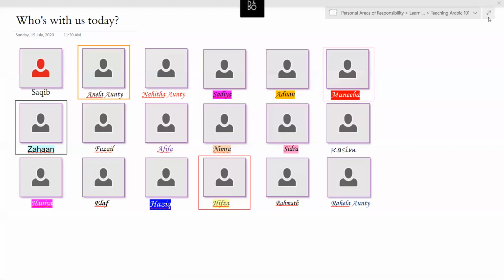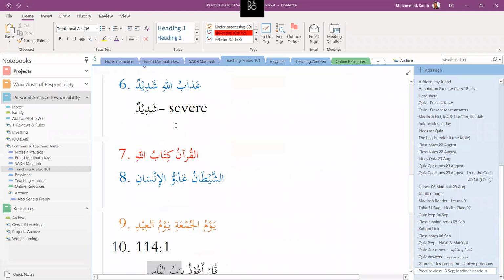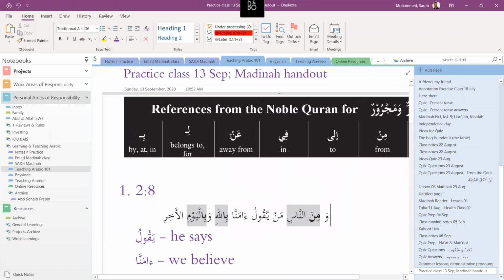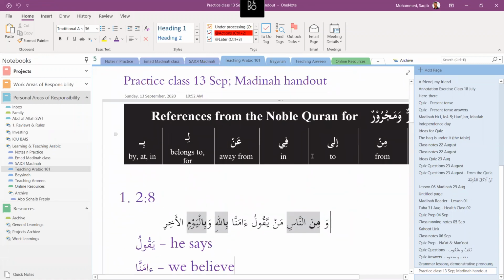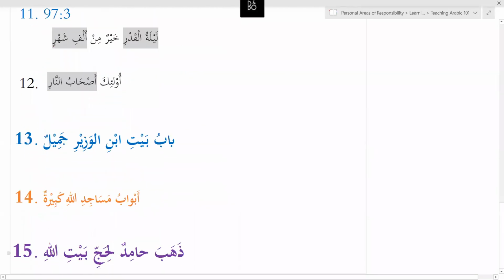So welcome everyone again to the class. Now, inshallah, I'll open the sentences we have with us today, and these are all grammar lessons which we have already learned. They might have a few new words which I'll take you through, and we are going to try to translate, inshallah. So these are questions. I have 15 questions. We won't do all of them, but we'll try to do as many as we can till 1:30, inshallah.